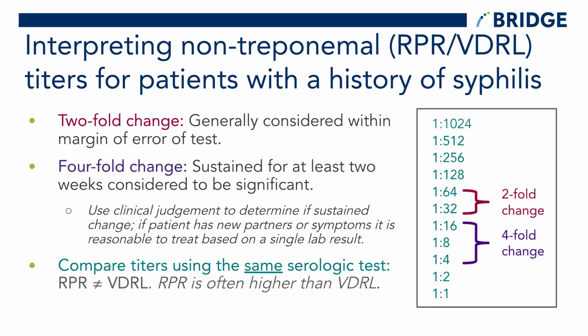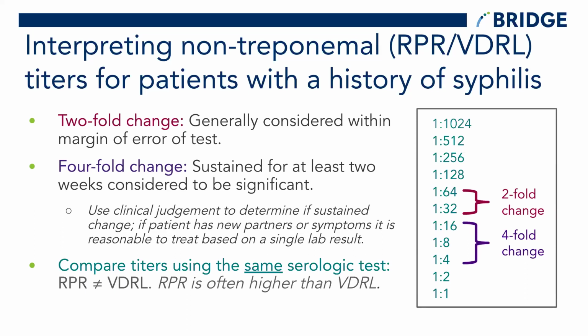Historically, we use the fourfold change as evidence that someone is either reinfected or adequately treated. If you have a fourfold increase, that's a sign of reinfection. If you have a fourfold decrease from your initial baseline titer, then that's a sign of that individual being adequately